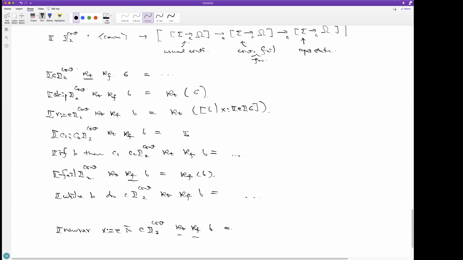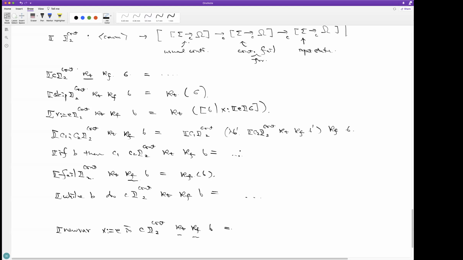So here we run C1 under this continuation. Then we only update the first continuation part, and then that updated continuation is by C2. And then the restoration part remains the same.